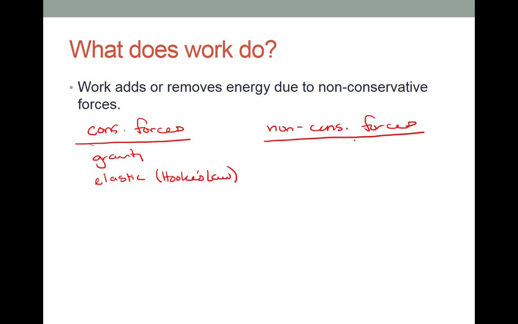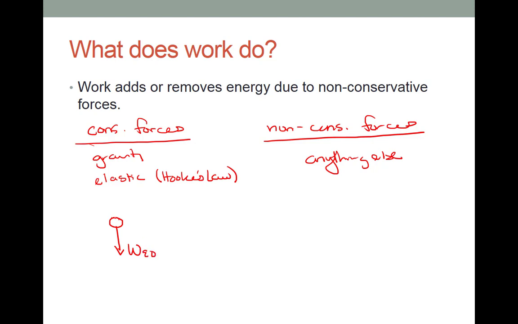What's a non-conservative force? Pretty much anything else. There is at least one exception to this, but it doesn't come up until next semester, Physics 202, so we're going to stick with this list for the moment. What's the difference between a conservative force and a non-conservative force? To me, the big difference is when the motion of the object changes direction, does the direction of the force change? So if you think about gravity,